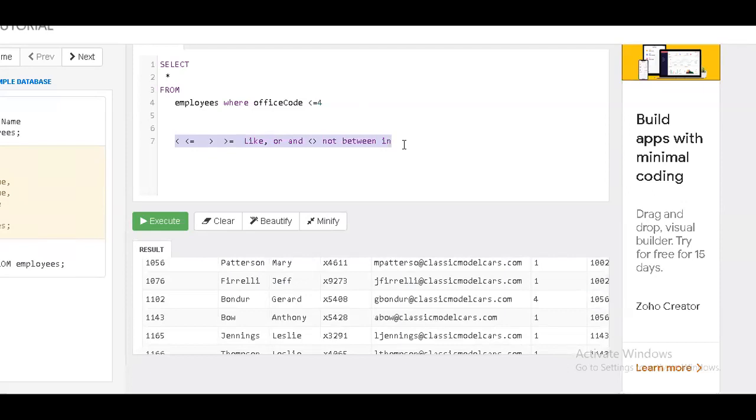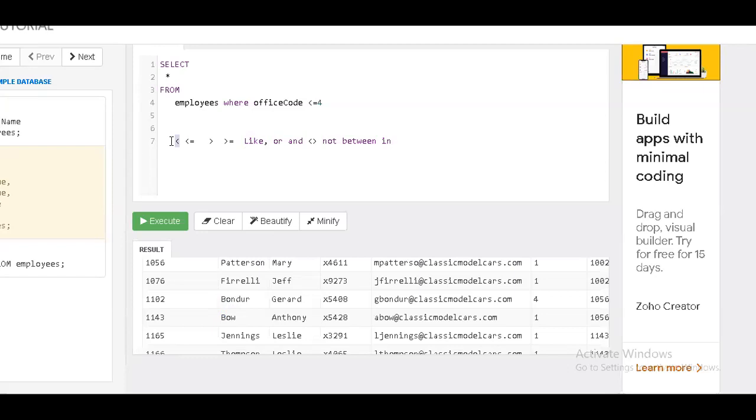appropriate result. Say I want something like whose name starts with the letter B. If I want something like this, I'll be using a pattern. Specifically, I want to know whose name starts with B or whose name starts with J. So you are giving some pattern. When you want to go with a pattern, I'll be using the like operator. If you want to go with any specific number or any kind of design, then I'll go with a pattern.